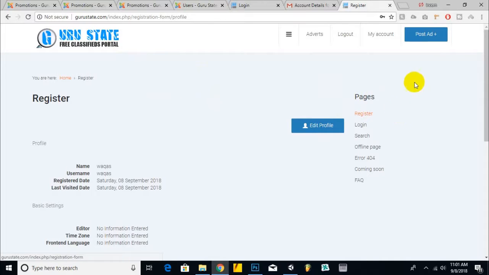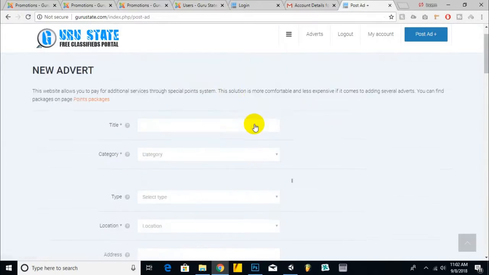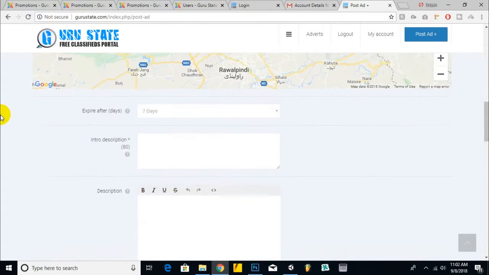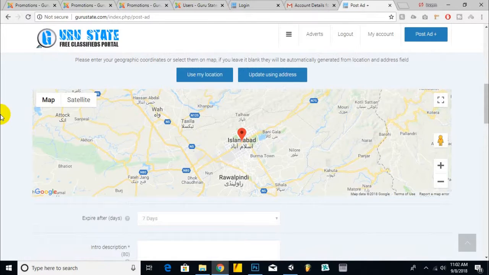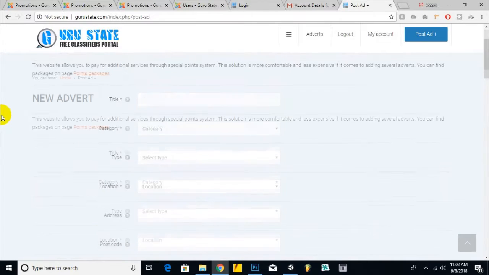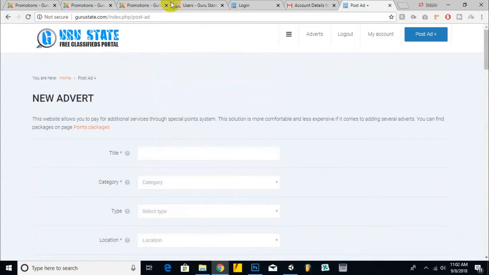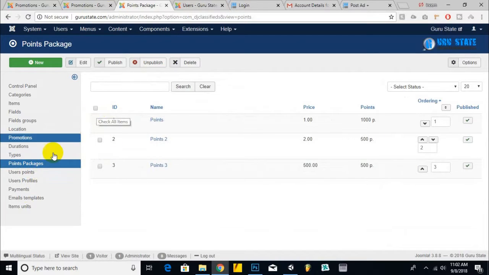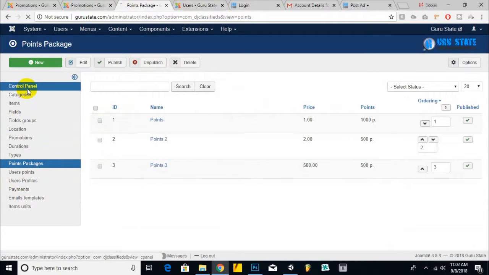Now we will click on post ad, and we can add our ad here, and there is a new advert. This website allows you to pay for additional services, a special point system. We don't actually need the special point system, so I will remove that system here, and other things are absolutely fine. So before posting an ad, I will just remove these point packages, and we don't need these promotions, etc. So we will go to point packages, and we will go to settings, control panel,